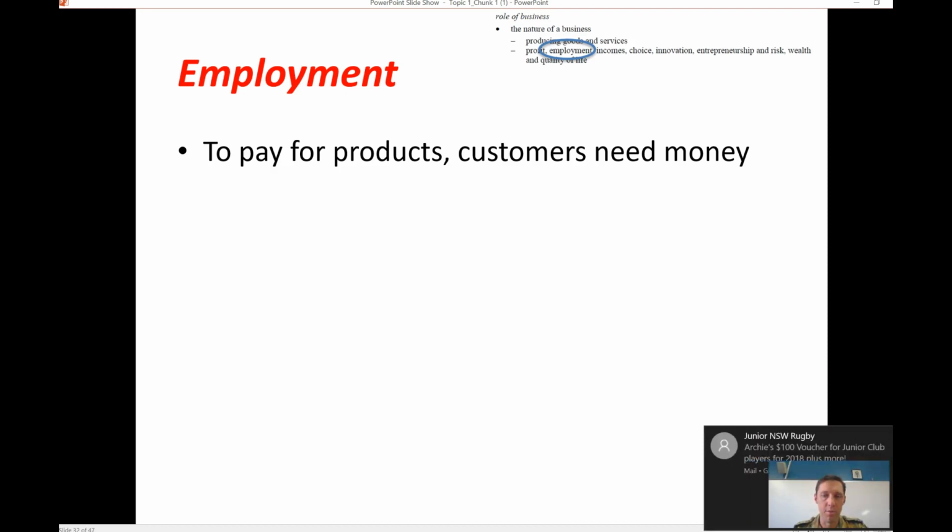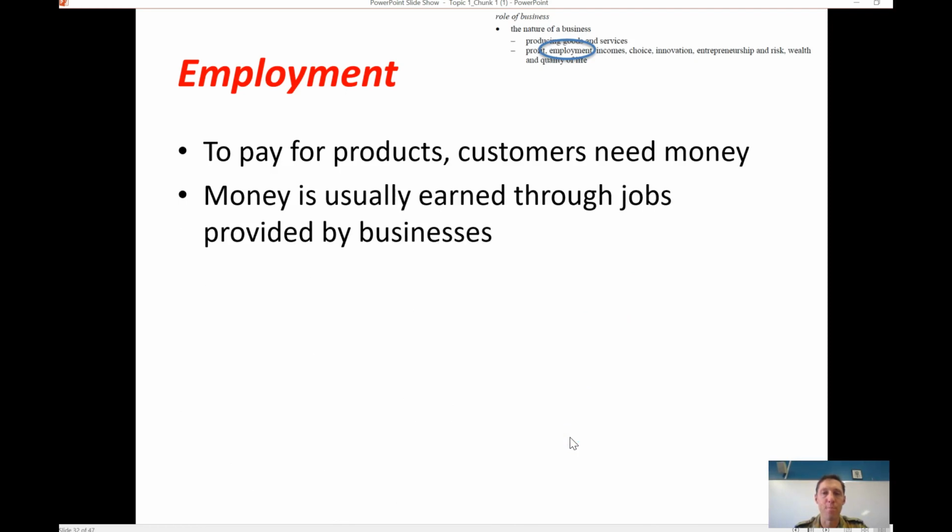So in the context of employment, first and foremost, employment is there to pay for products as customers need money. Therefore, in order for those customers to purchase and engage with those small and medium enterprises, people need money to come from the employment they engage in. Employment is the first avenue for which people earn money that they can then spend back into those businesses, and it's cyclical: go and work in a business, receive an income, and then spend that money back in the economy.